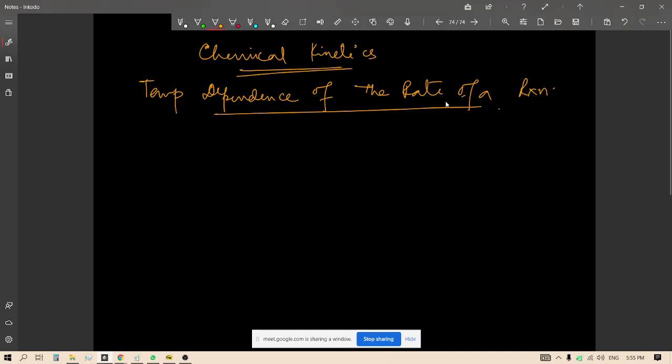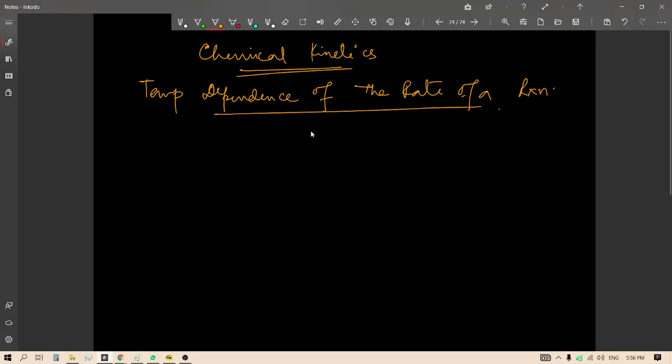So far we have studied various aspects regarding the dependence of the rate of reaction on concentration: the order, the molecularity, the differential rate law, first order, second order, pseudo first order reactions, half life, integrated rate law. We have studied all of this keeping in mind the dependence of the rate of a reaction on concentration. In this portion, we will study the dependence of the rate of reaction on temperature. This has a very simple mathematical formula.